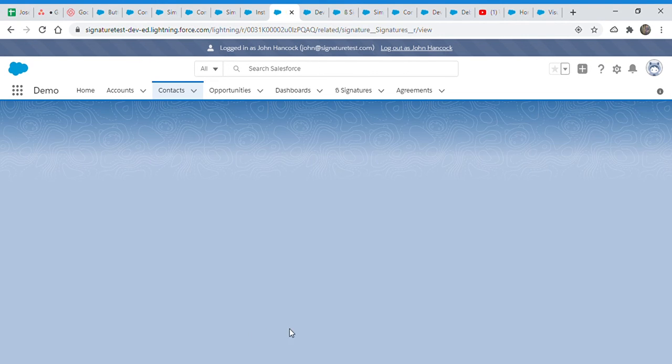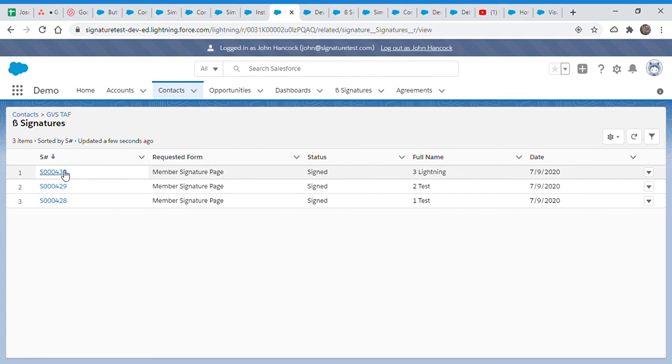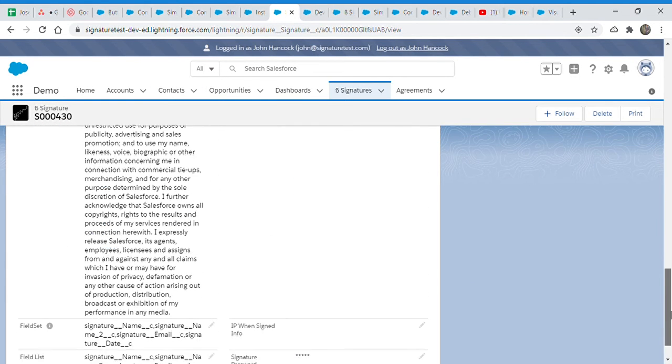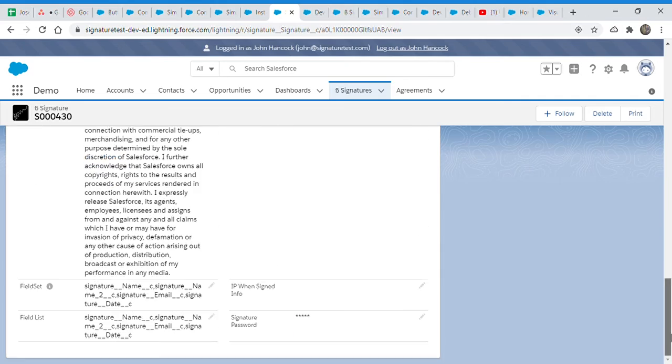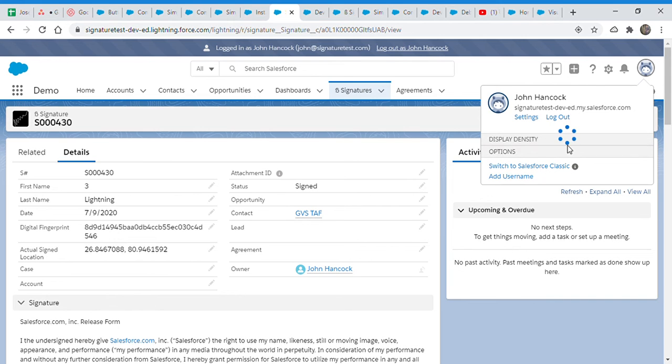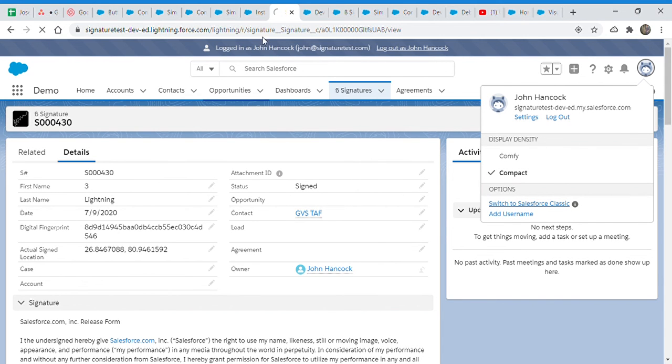We open the third. You see, yeah, we have the third one here. And please let me know if I need to change anything. And I think this is it. This is what we needed to do.